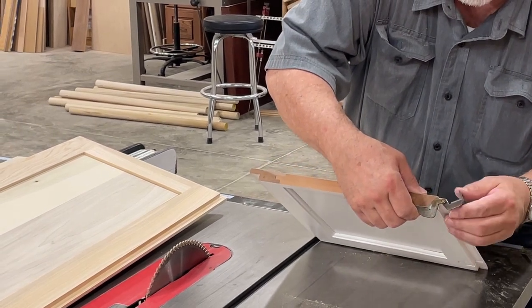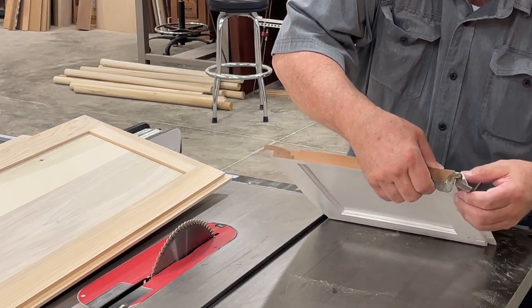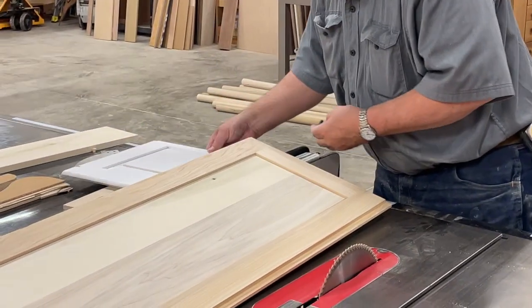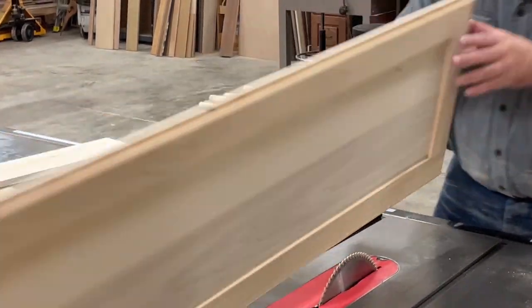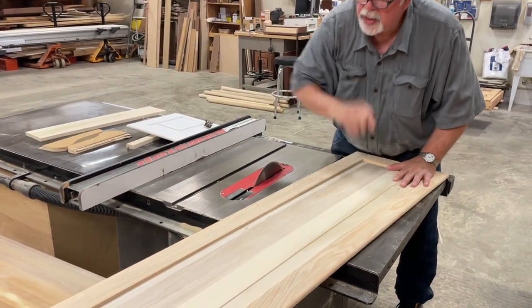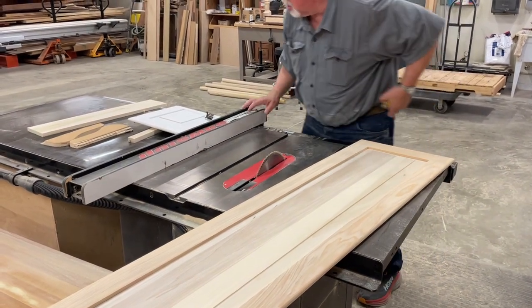So the hinge fits there, and then it will screw to the face frame on the other side when we get to mounting the doors. So let's go ahead and get started doing that. And again, because the saw blade is so tall, so high, we need to be very, very careful how we're doing this. We're going to be placing 4 hinges down the side of the door, and we're going to be spacing our hinge